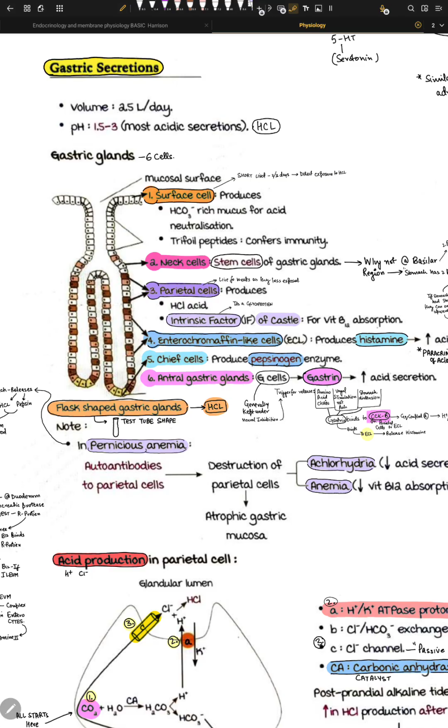Okay, so members of this trefoil family, I told you, tri means 3. So there are 3 main trefoil peptides, right? First is TFF1, second is TFF2, third is TFF3, and they are produced by their respective genes, TFF1, TFF2, TFF3 genes. The main function of these is that they are the major sites of secretion. So TFF1 is produced by